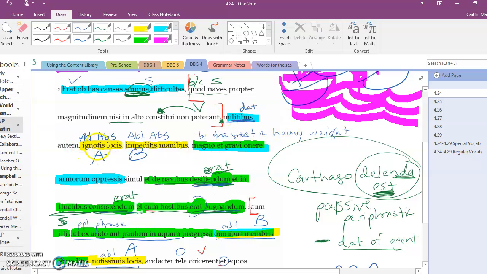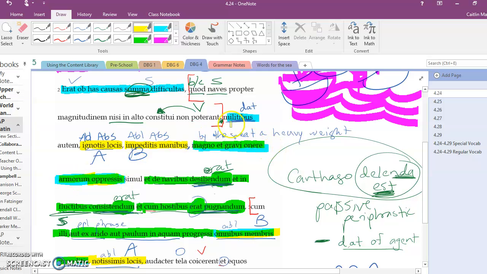Come across a couple of ablative absolutes with the loci signo, or in, this could be an ablative of place where, if you wanted to call it, or just an absolute expressing place, in locis ignotis, or with the places being ignotis, with their membris having been impeditis. And then this has a comma here, so their membris aren't impeditis by the magno et gravi onere. Instead, the magno et gravi onere is describing this other, is going with oppressis. With their membris having been impeditis, having been oppressis by the magno et gravi onere of